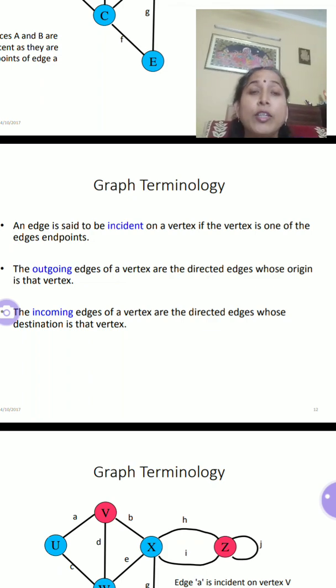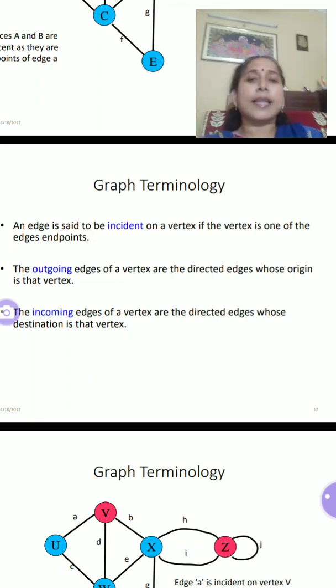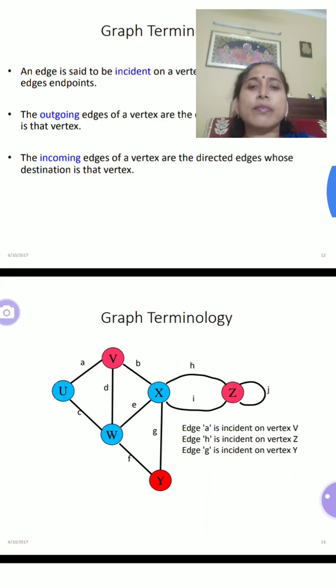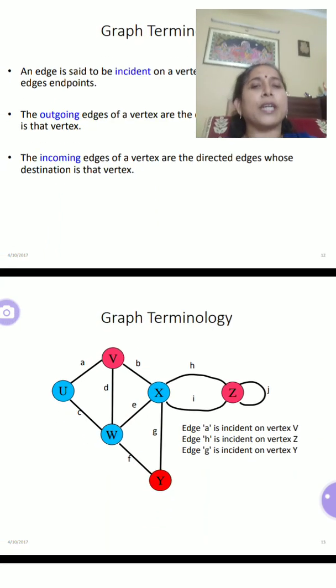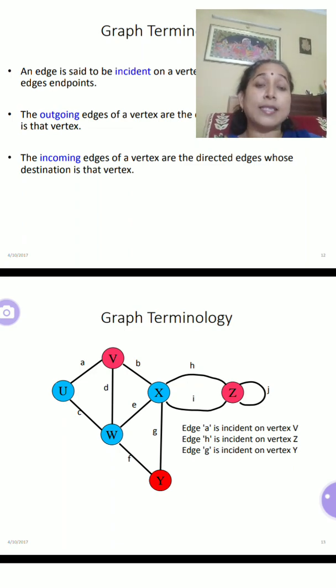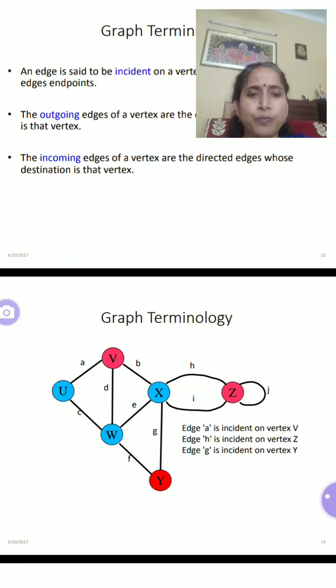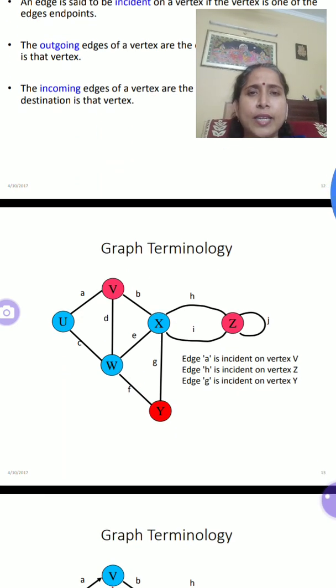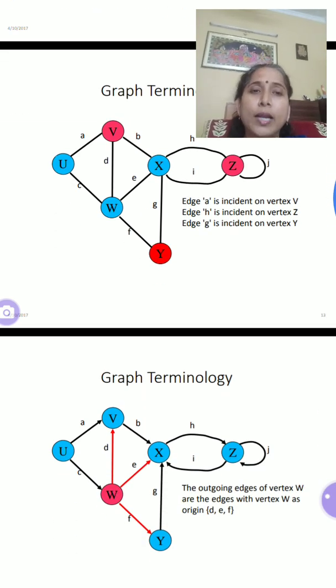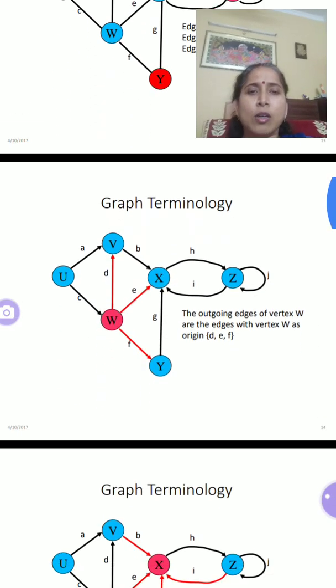Now when we talk about the degree of a node, I'll come on to it. Degree of a node is how many edges are supported by a vertex. That becomes the degree of a node, or what you call the degree of a vertex. Okay, now here in this graph they are trying to tell you outgoing and incoming edges, but outgoing and incoming edges would be more clear to you when we talk about this kind of graph in this figure.